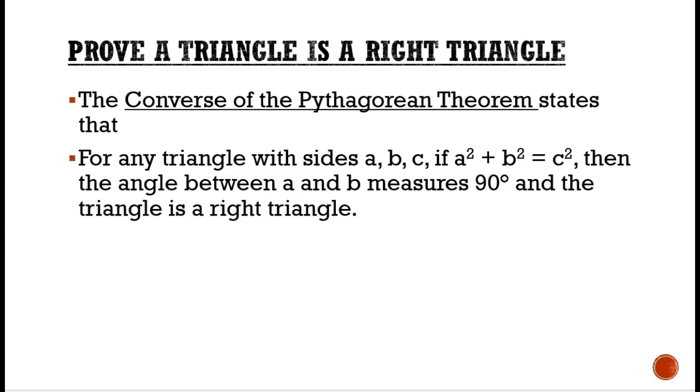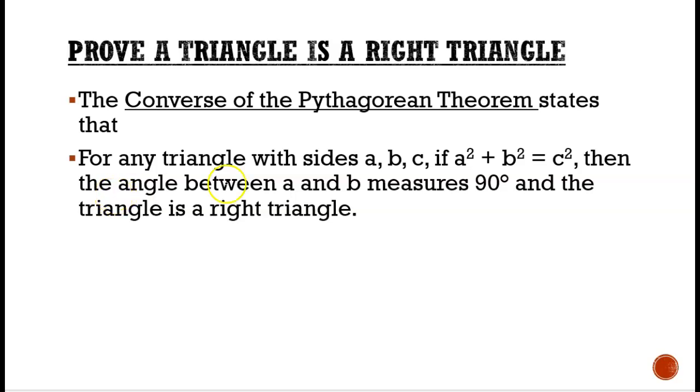In this lesson, we are going to learn to prove a triangle is a right triangle. The converse of the Pythagorean theorem states how we can prove a triangle is a right triangle. For any triangle with the sides A, B, C, which just means that there are three sides to the triangle, if A squared plus B squared does equal C squared,